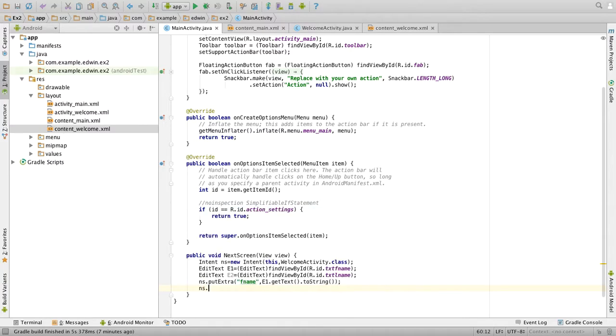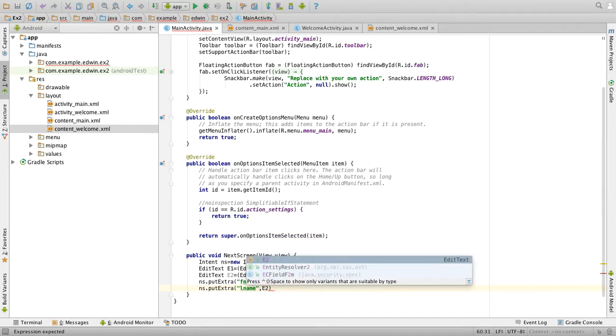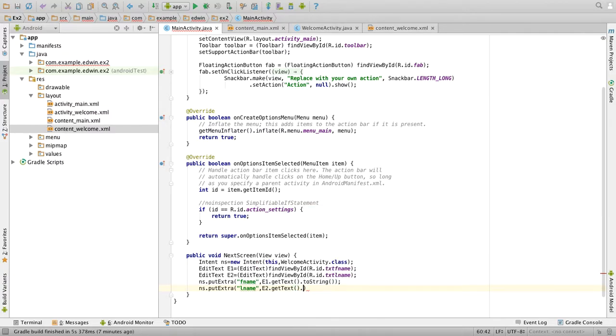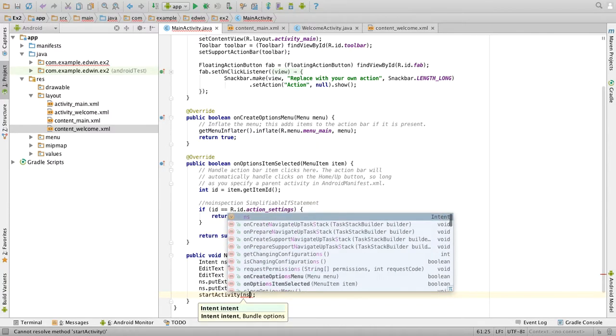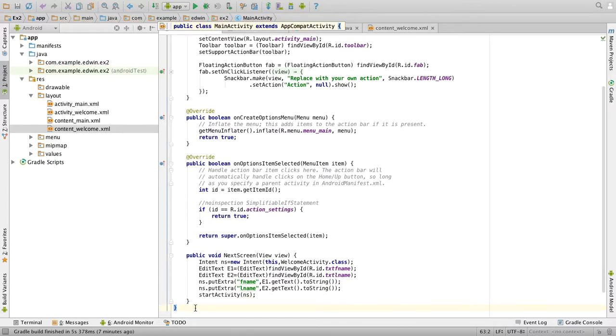Again second value ns.putExtra of lname, comma, e2.getText().toString(). So we have passed both the values. Now we have to start the activity. So startActivity of the intent name, that is ns. Okay, so the code here is over. Intent is created, objects for both the edit text, passed values by using the keys fname and lname, and started the activity. So this will open the second activity.